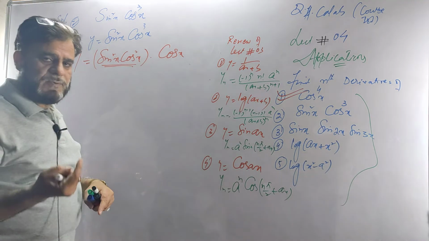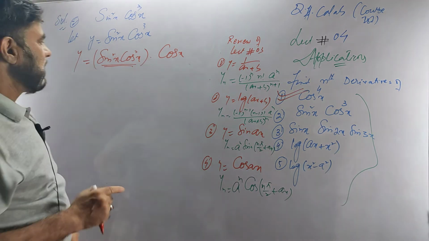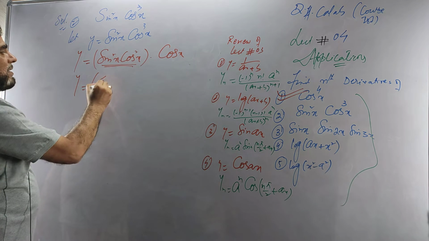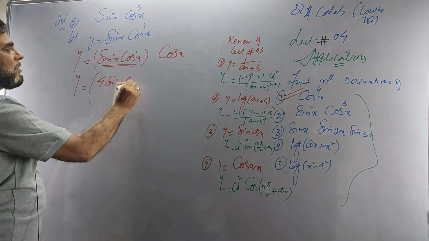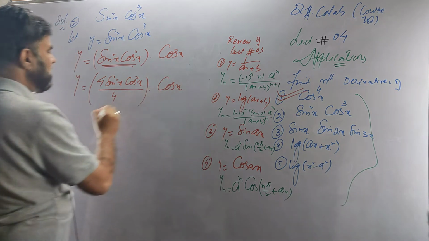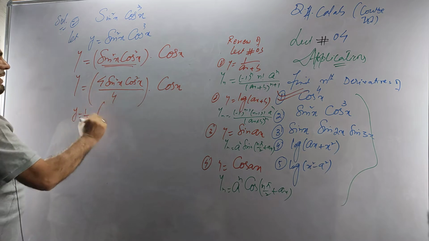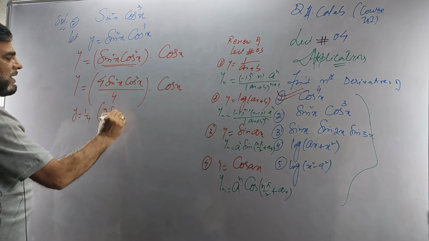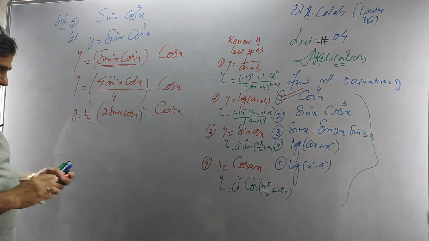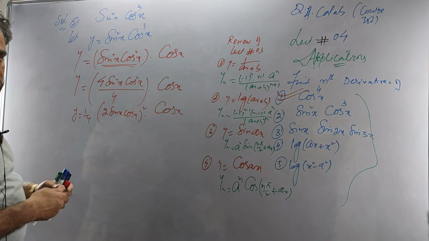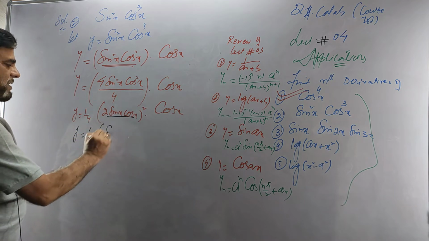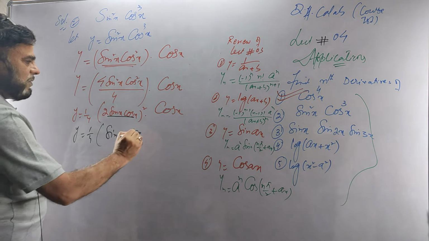I have written here in multiplication the sine and cos with same power. I am using now the formula known as conversion of product into sum. How do I do it? y is equal to, I need here 4 because it is square. I will write 4 sine square x cos square x by 4, into cos x. This I can write y is equal to 1 by 4, these terms mean twice sine x cos x, squared, this is your cos x. Be careful what I am doing. This is also conversion of product into sum. Now y is equal to 1 by 4, sine 2x square into cos x.